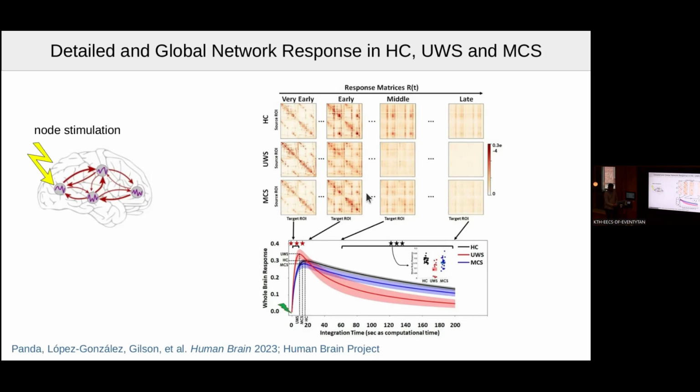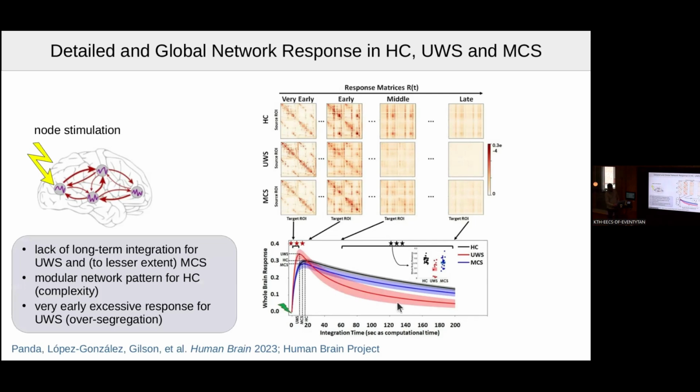of response. So if you sum all the elements of the matrix, you've got this curve here in red for the UWS to be compared with the healthy control in black. And so you see that you've got a strong overshoot in the first stage, but more importantly, you've got a decrease in the long term. And this long-term response is responsible for quantifying the integration in the network. So how these perturbations propagate in the network. So we find that these UWS have a lack of long-term integration that is partially recovered when you look at the